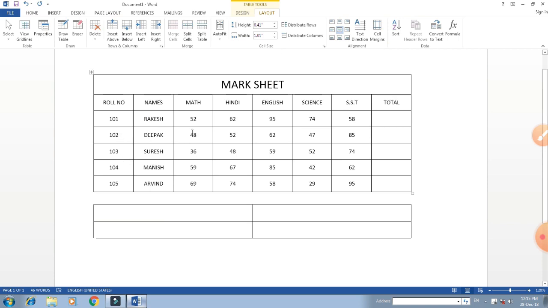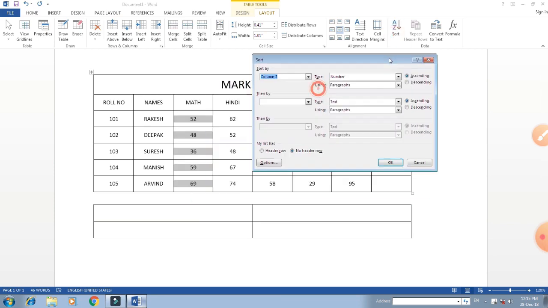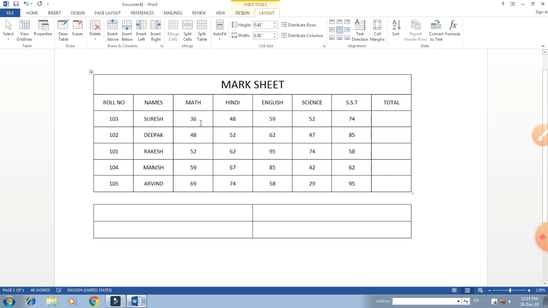As you can see, this is not in order: 52, 48, 36. This is not in sequence, not in ascending or descending order. If you want to keep ascending or descending order, select that column and click on the sort option. Here select which column you want to set, ascending or descending, select that radio button and click on the OK button.